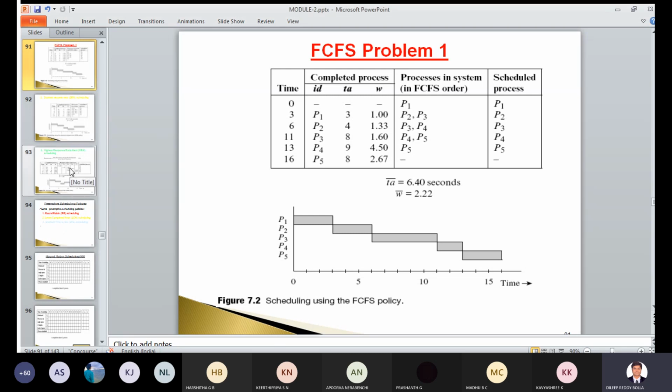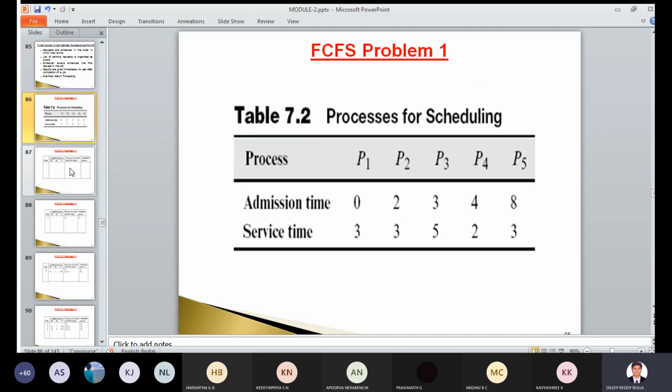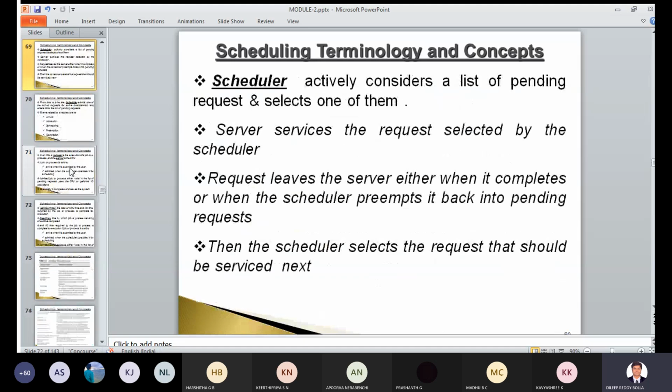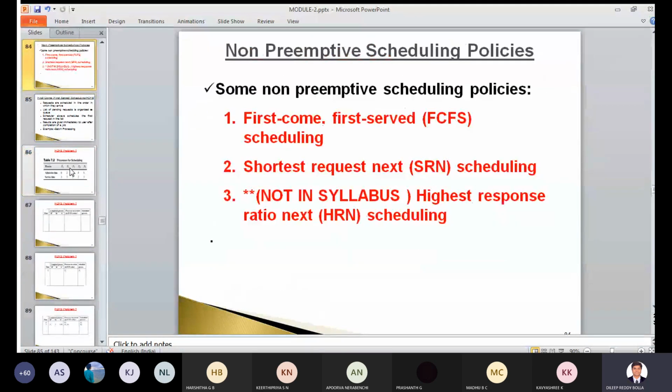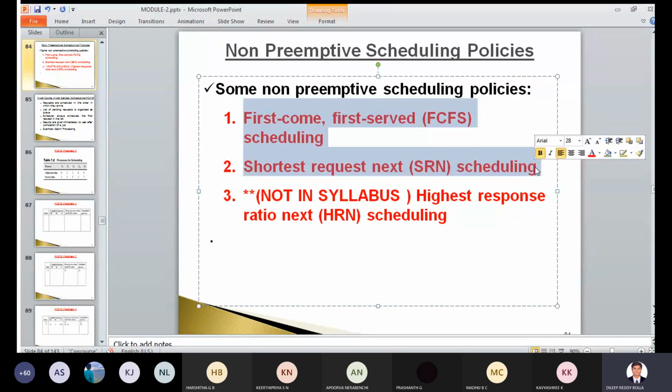So this one concept, you just go through it and prepare on it. It's very interesting and a very good example. Every question paper has this kind of question. Out of these four, which four? From this scheduling. One is either FCFS or SRN in non-preemptive, and in preemptive, two more scheduling algorithms. Total four problems are there. If you understand the theory and the problem behind it, you're going to get your 10 marks very easily.